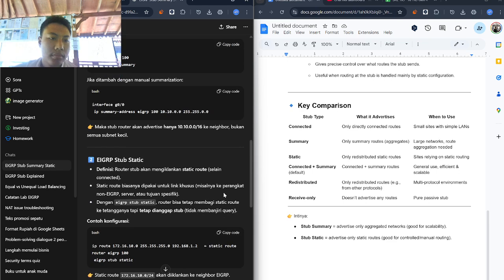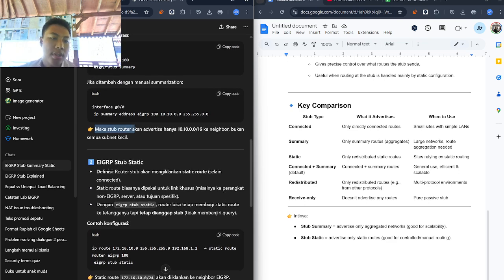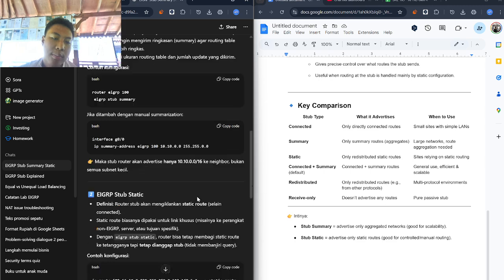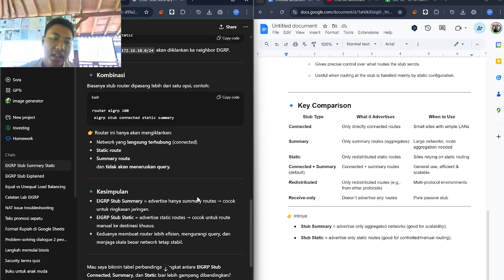Here just a small summary. The stub router will advertise only the destination 10.10.0.0/16 to the network and not all the small subnets. This router only advertises the networks that are connected, the static routes, the summary routes, and does not continue the query.